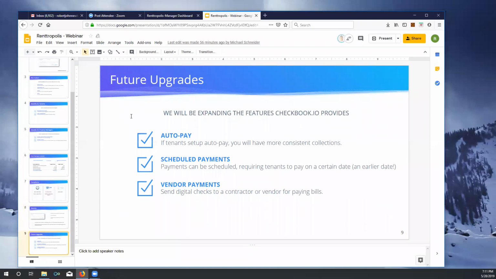What we're also doing is working on future upgrades with Renttropolis to be able to provide an even more seamless experience. One of the things that we'll be rolling out is an auto pay feature so that tenants can basically put everything on a subscription or an auto pay so that every month it's automatically being drawn from their bank account. Of course, this is something that they would have to approve and agree with, but this provides a consistent stream of collections for you as opposed to them doing it every month and maybe some months they're later. With the auto pay, you pick a date when rent is due and then it'll automatically be received to you